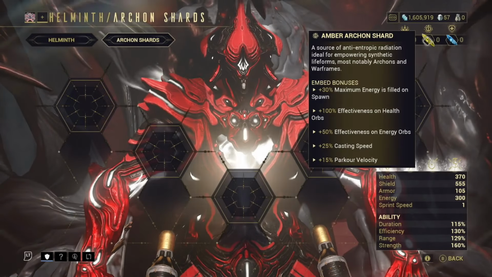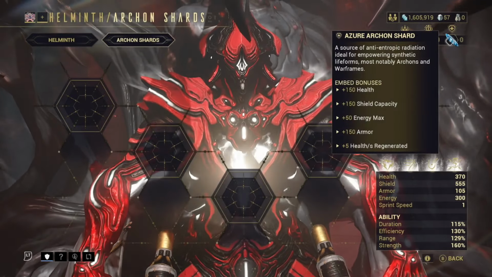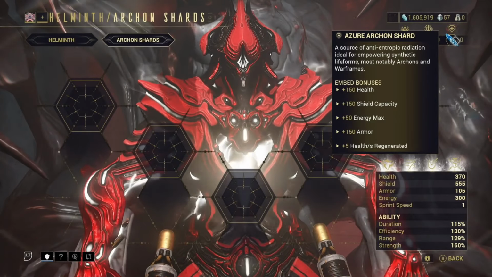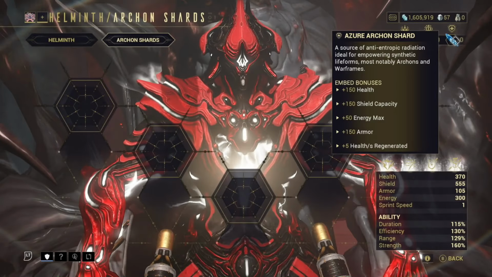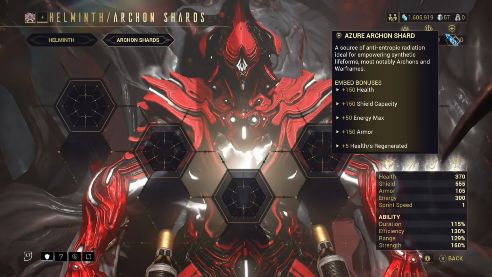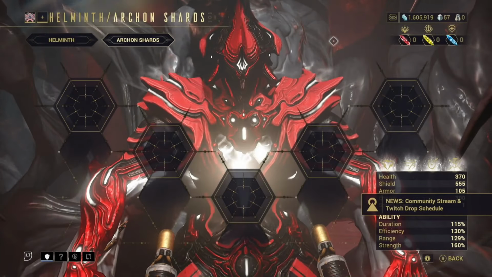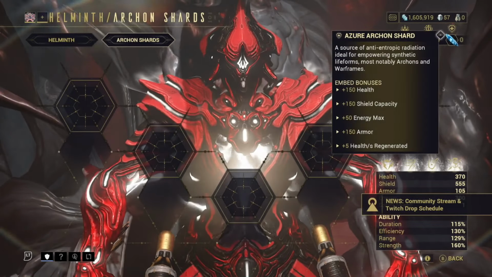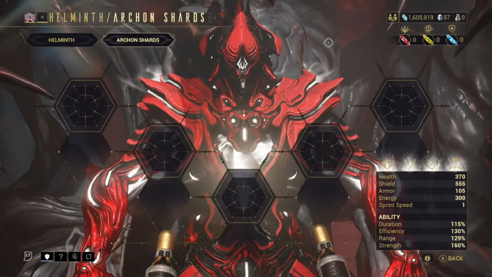That could be particularly useful on a high energy use caster frame. Blue: health, shield, max energy, armor, and health regen per second. That's actually pretty generous, +5 per second. Anything that keeps you on your feet. Gosh, there's a lot of ways to go about this. These all sound really, really good. Though, obviously,